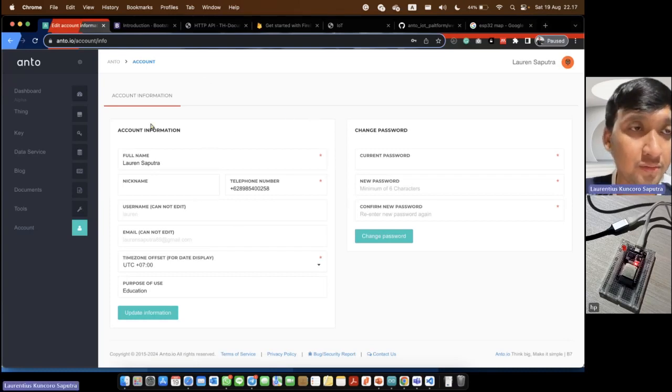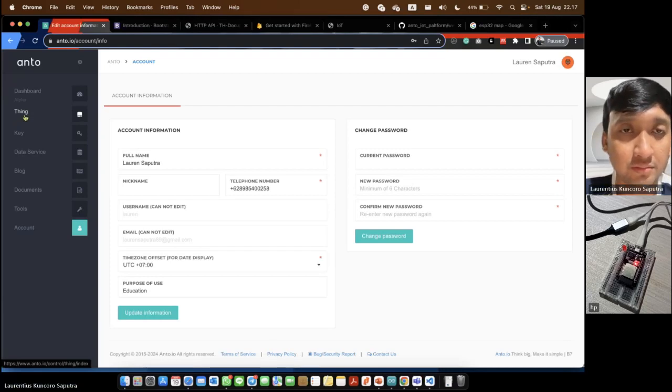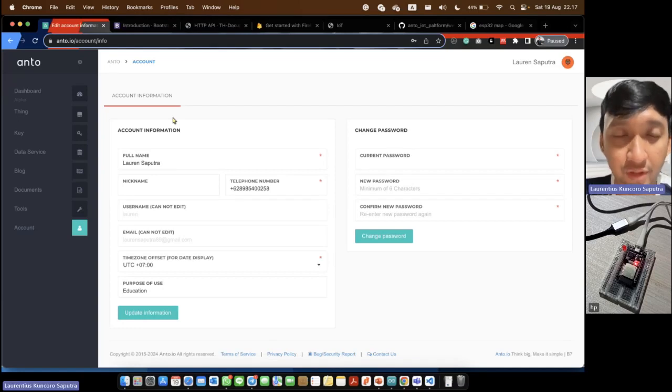So in Anto.io, there are many features that will help us provide the communication between our embedded system and another client in our system architecture.